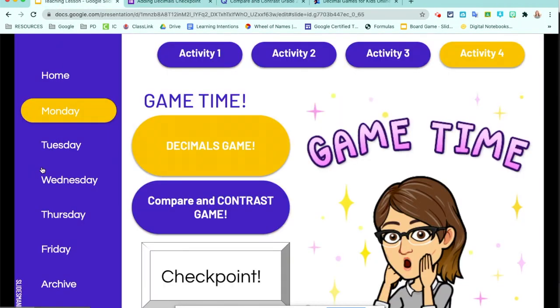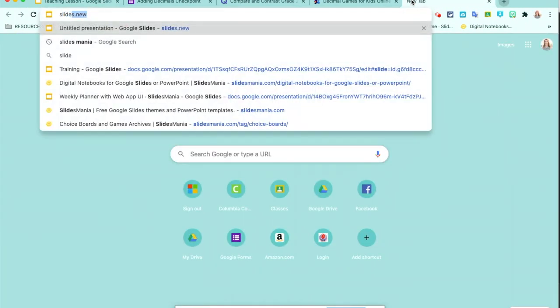Then for the next days of the week, you can go for Tuesday, Wednesday, Thursday, Friday, and you can put activities just like this, activity 1, 2, 3, and 4, onto this template. And again, this template was found on Slides Mania. So if you go to Slides Mania,